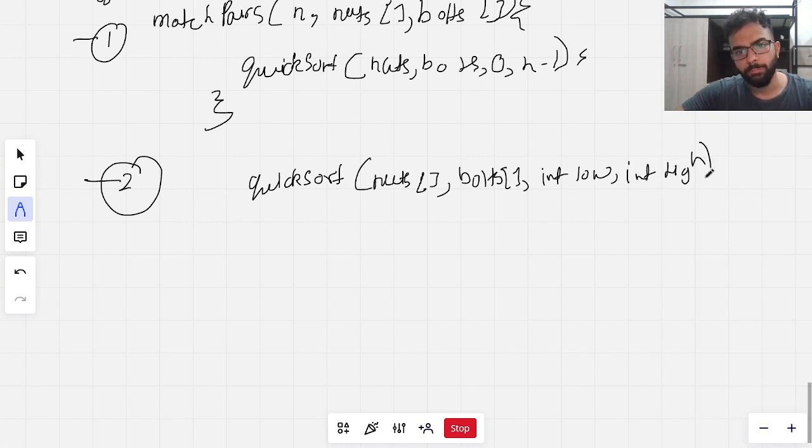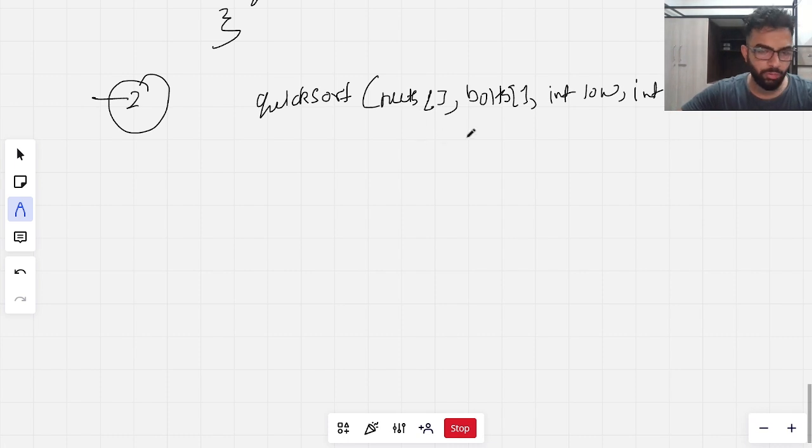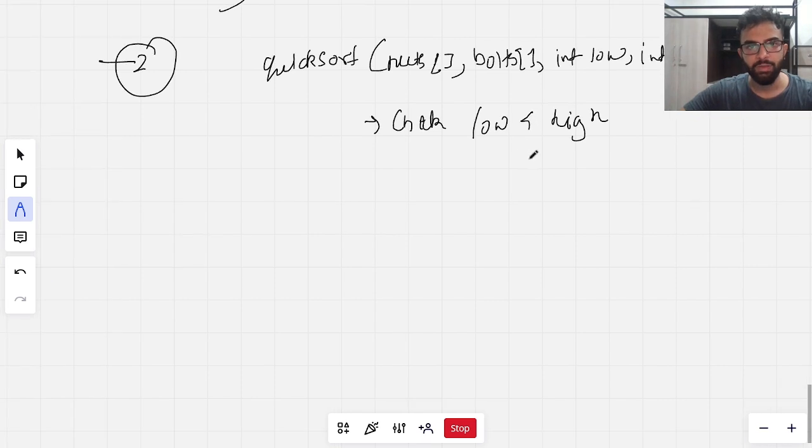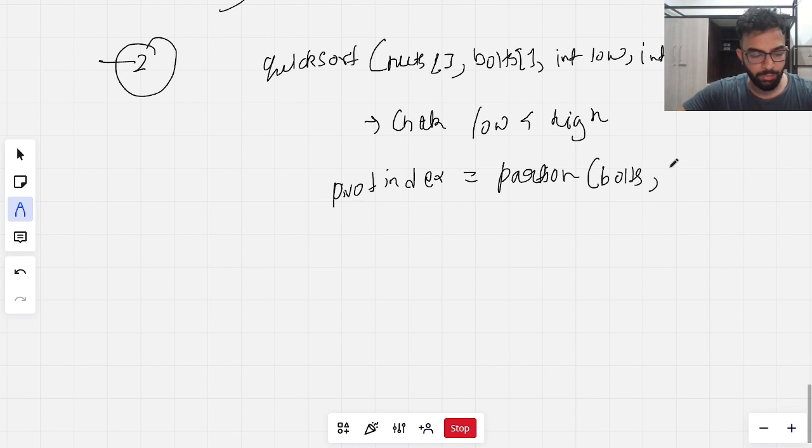Say high. Okay. In this, what I'm going to do is first check whether low is lesser than high. If this condition is satisfied, then we are going to assign a pivot index. Pivot index is the middle value. So I can write it over here. We are going to take a pivot index which will call the function partition to partition the array. So partition is again a function which we are going to make. In the partition, we are going to pass the bolts, we are going to pass low, and we also are going to pass high,